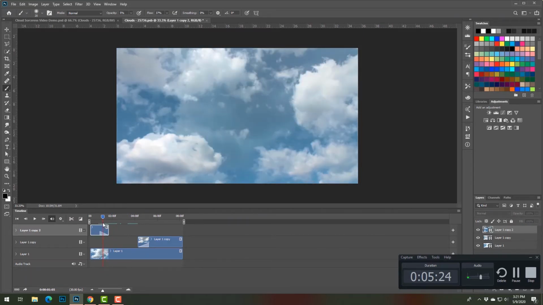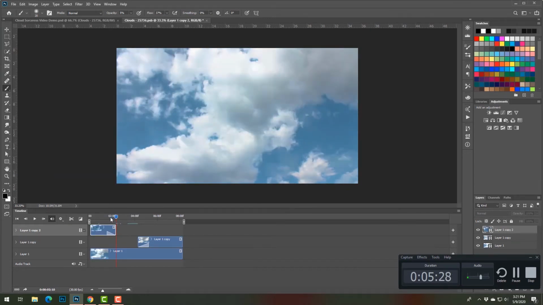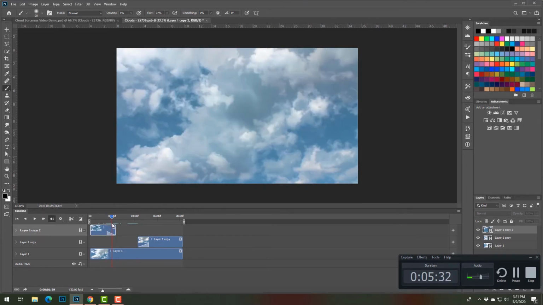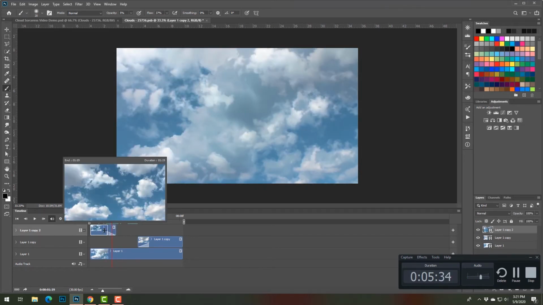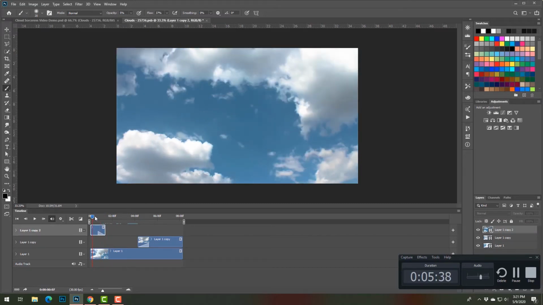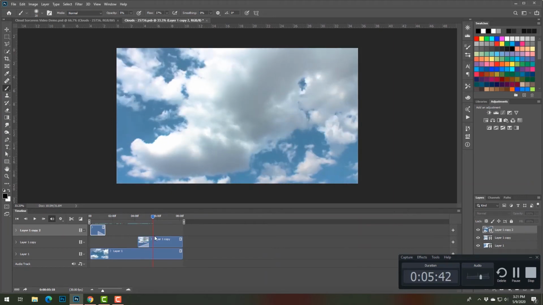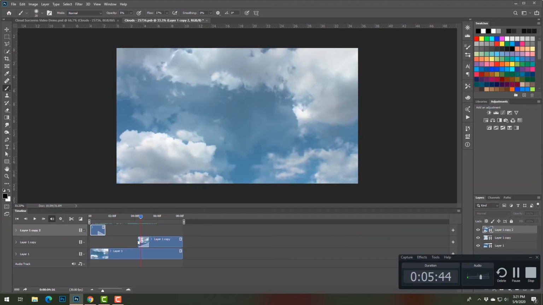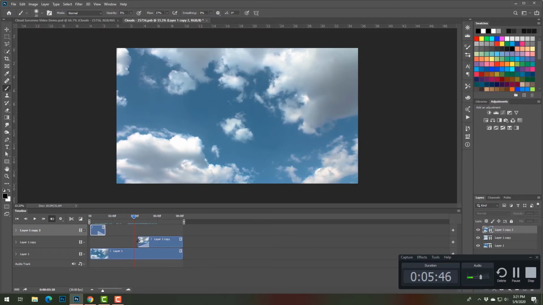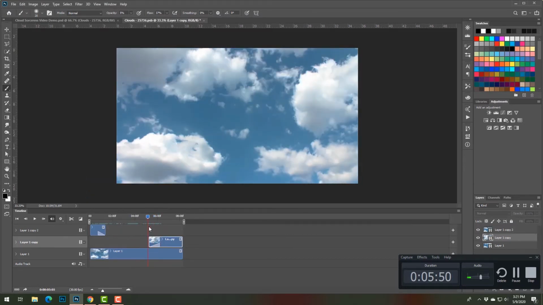So it's probably not going to look perfect at any given point, but if you can pick a point where it's at least got some clouds in there and then blending together smooth, more naturally, it'll look a lot better in the finished edit. And you want to do that with both these. Now, depending on the video clip that you pick, you may not have any of these issues,